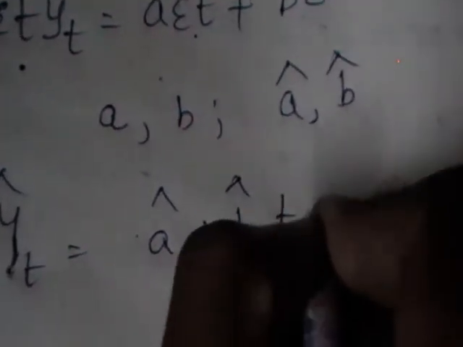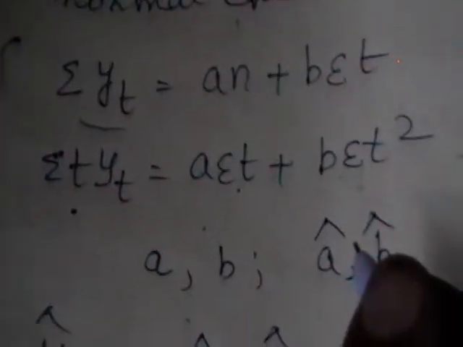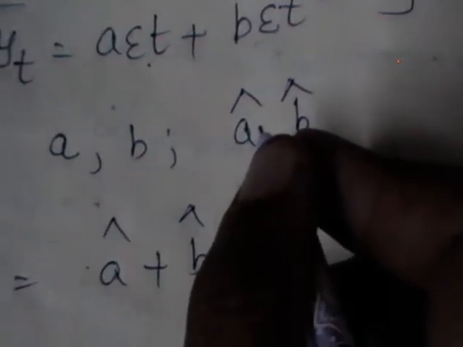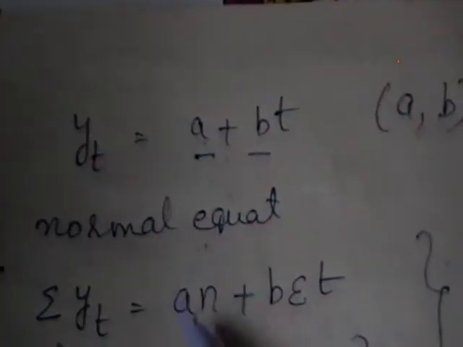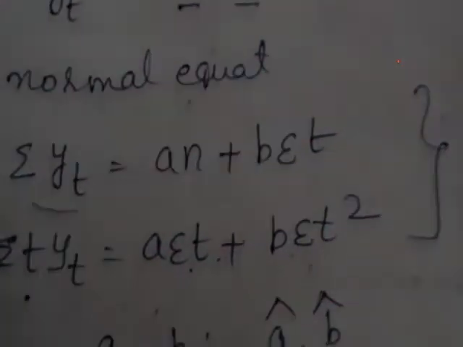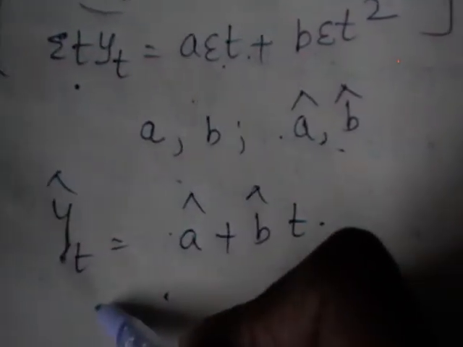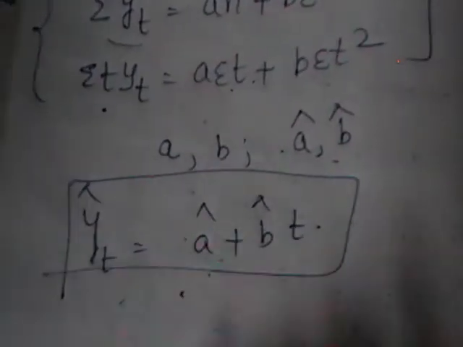Again I repeat, fitting of straight line by principle of least squares is same which we did in the previous semesters. The variables are changing, that's all. There we wrote y is equal to a plus bx as x and y are the variables there. Here the two variables are t and yt, so the form itself is changing: yt is equal to a plus bt. We are going to write the normal equations, and by solving these two normal equations we will get the estimates for a, b, which are called a hat, b hat. Yt hat is equal to a hat plus b hat t. This is called the fitted straight line or trend line by using the principle of least squares.